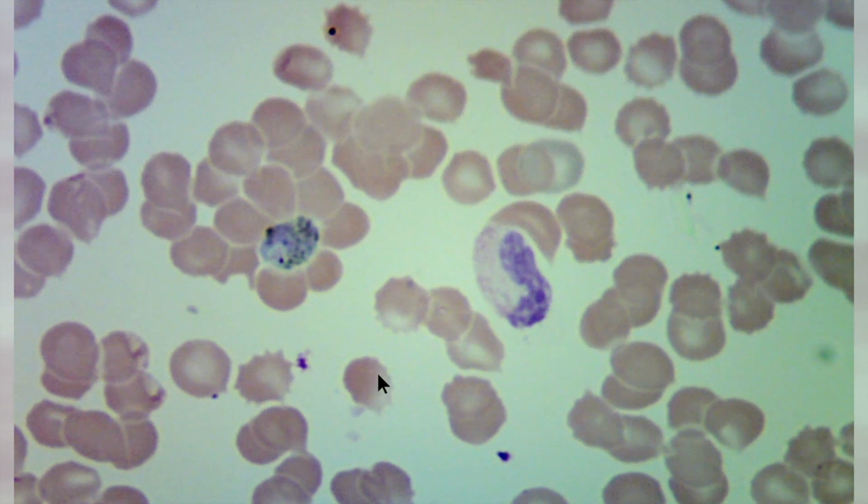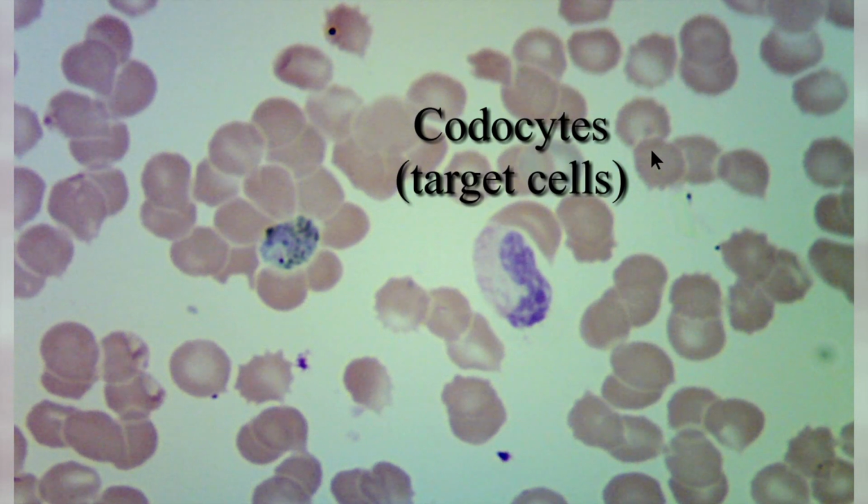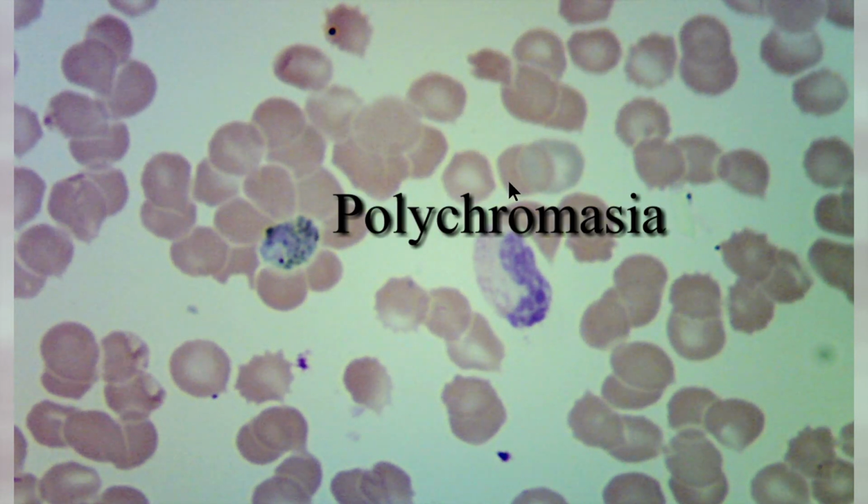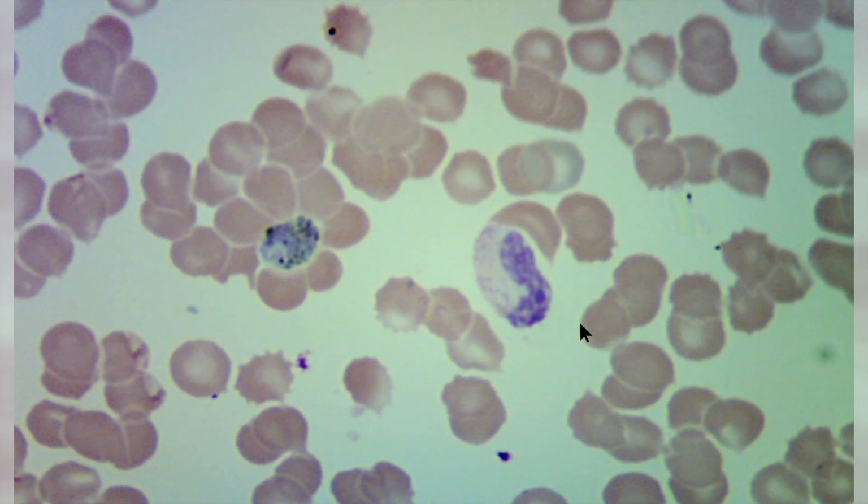But they are present here, and I would in this case report the echinocytes at least 1 plus or 2 plus even. There may be some target cells present, slight polychromasia. Platelets appear to be normal. There are artifacts around